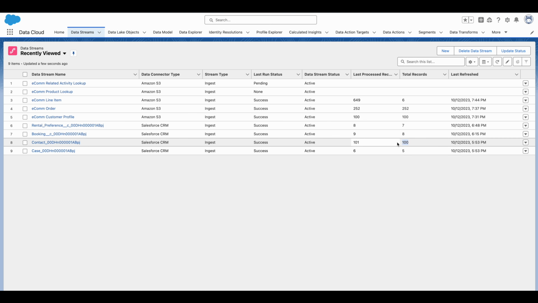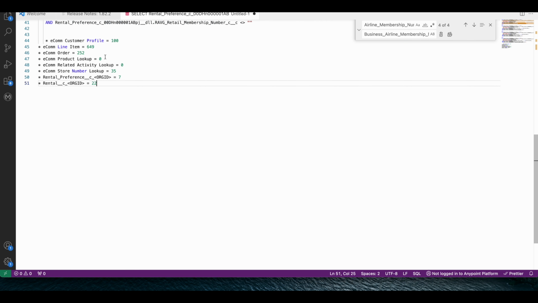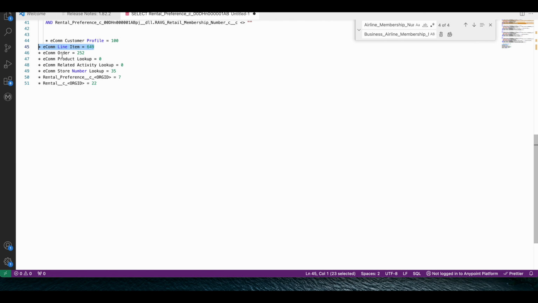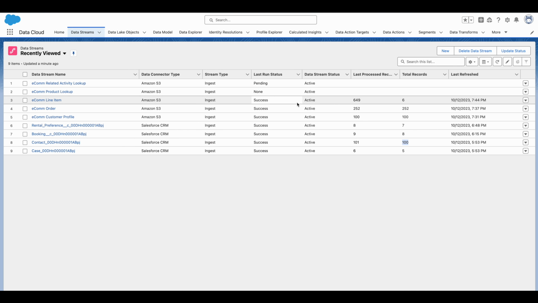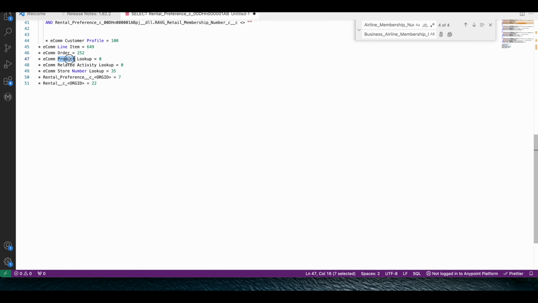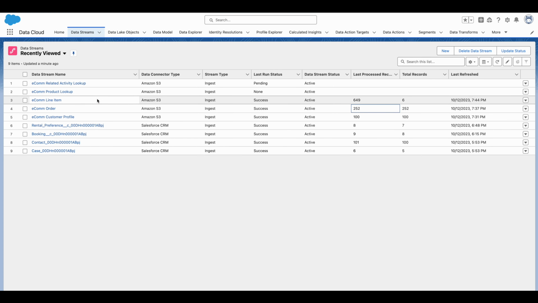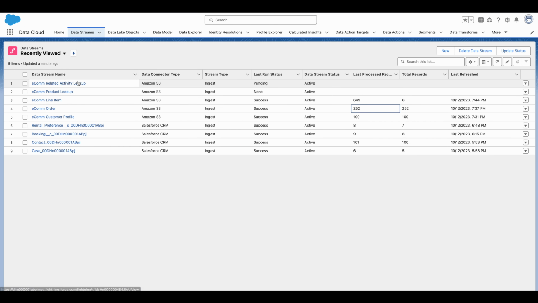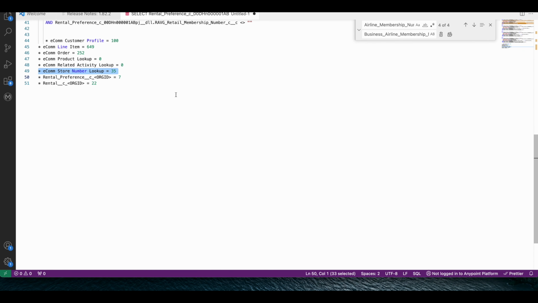And then these are the things that we have just configured. So the first one will be related activity lookup, and the number has to be 0. And line item should be 649, and the order will be 252, and the product lookup will be 0, and related activity lookup 0. And then store number lookup,